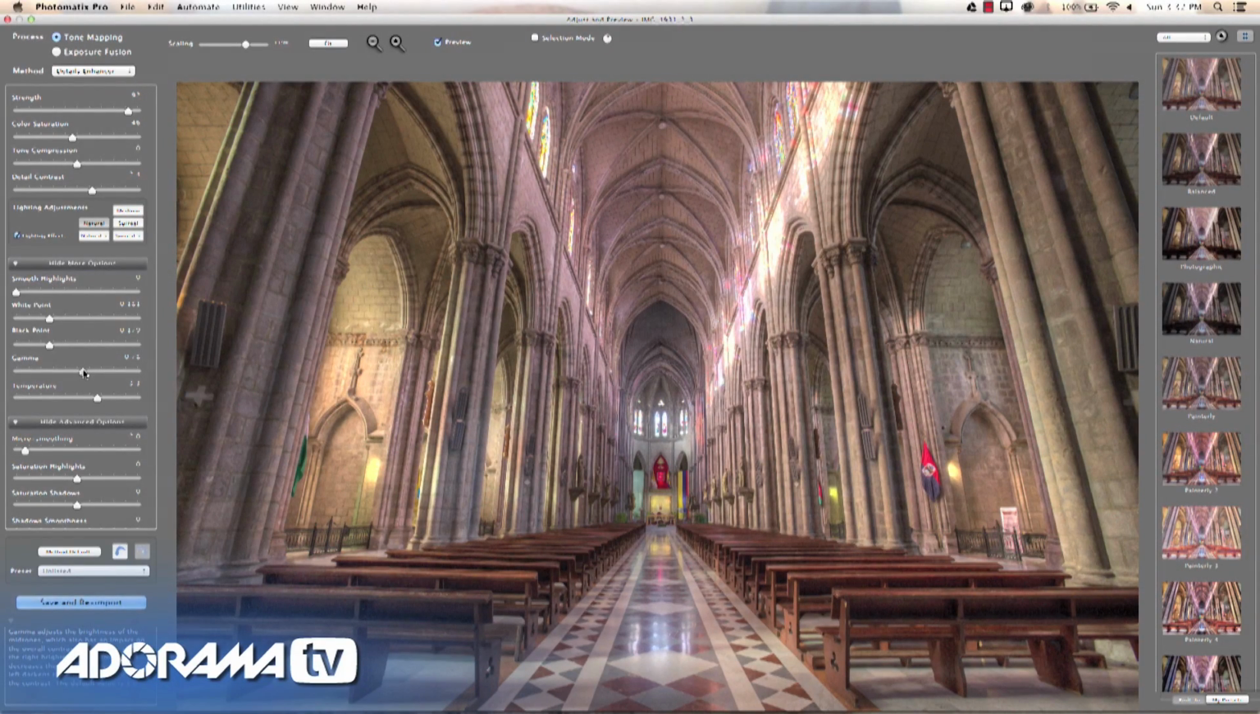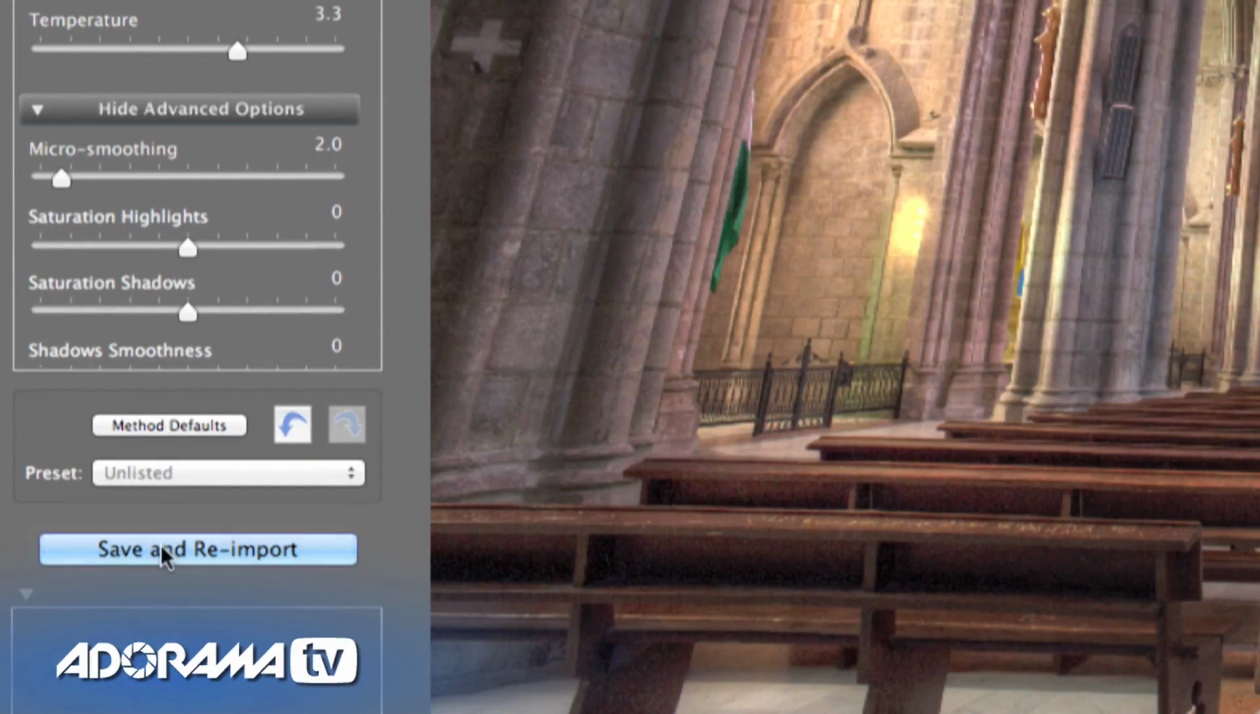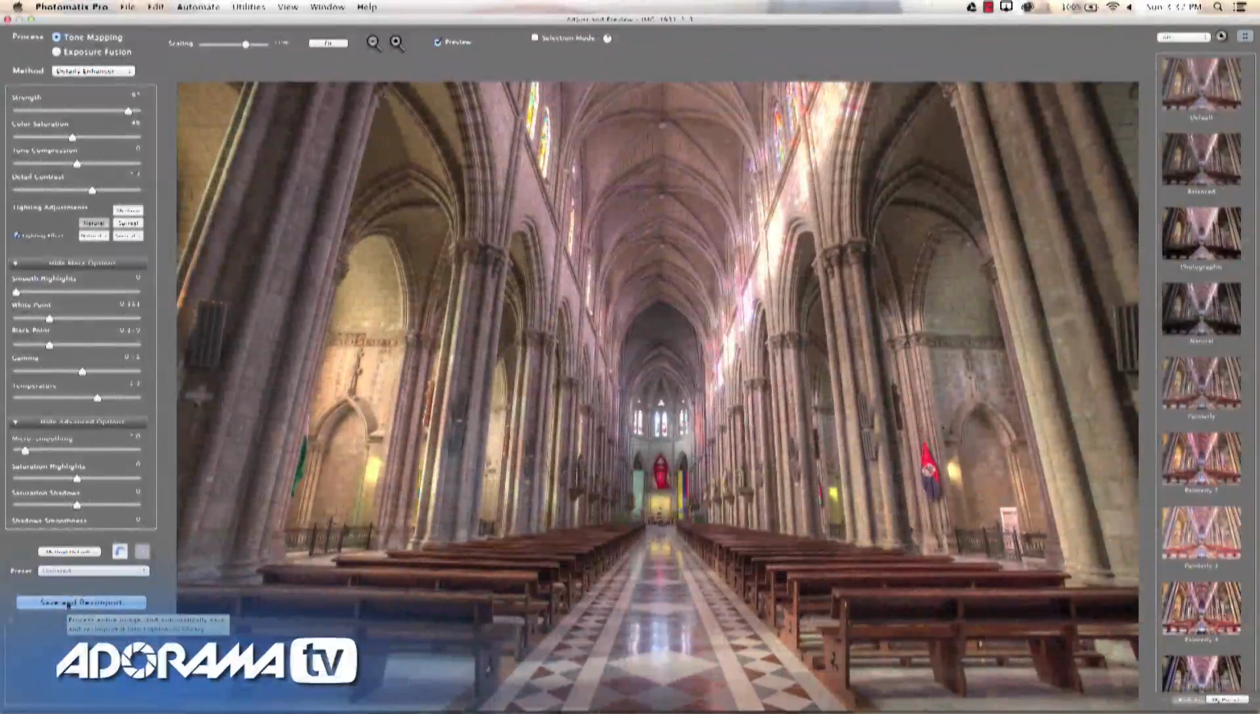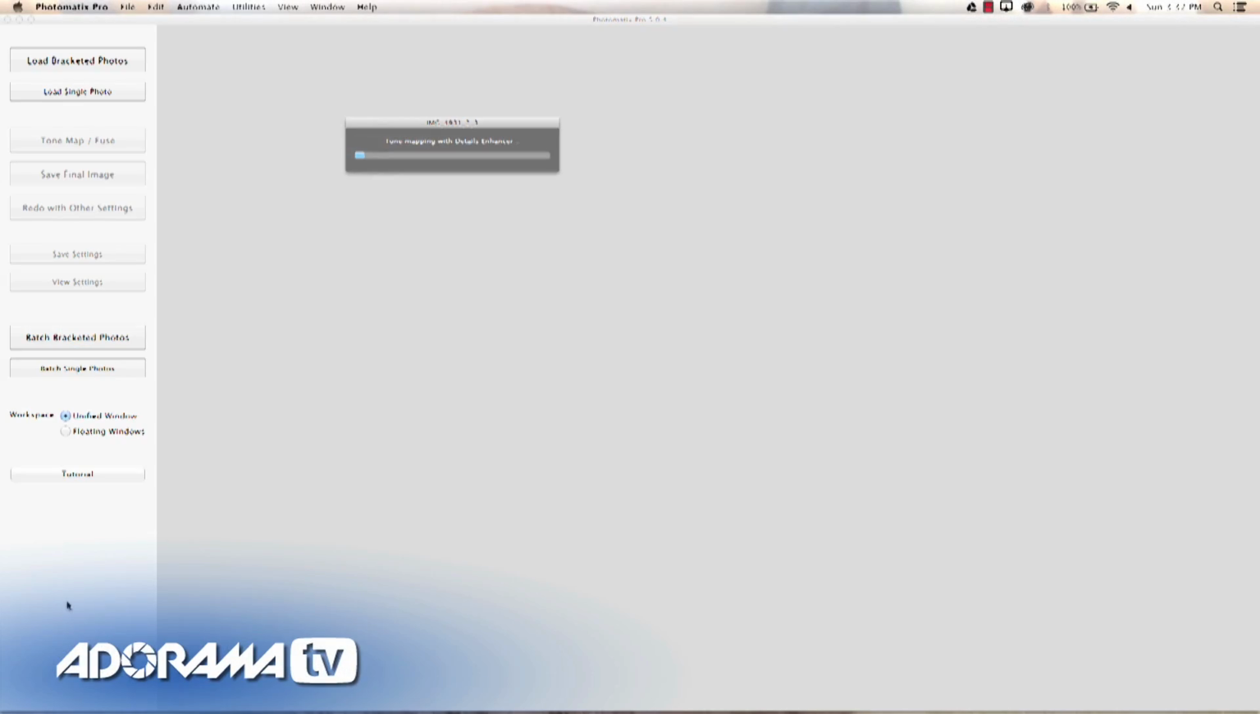It was a little too contrasty. I like that. So once I'm done manipulating this, and normally I would maybe spend a little bit more time on this, but we've got to keep going here, I'm going to click Save and Re-import. What that will do is save this as a TIFF image, a really high resolution TIFF image,